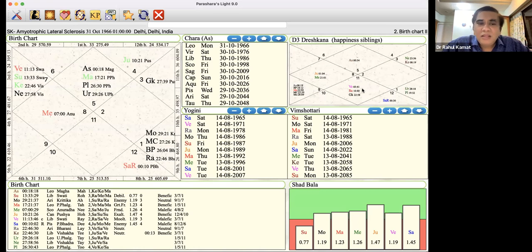Now, the thing here is that what kind of a mind did this person have? Because there is a mind-body continuum. The mind reflects, or the mind influences the kind of body, body reactions or the disease. Also, we have what we call a holistic way of looking at the mind-body connection. So here, mind or moon, or the emotional part of the mind, which is the moon, is in the last Trishkan of the last Navamsha of Aries, which is Sagittarius,